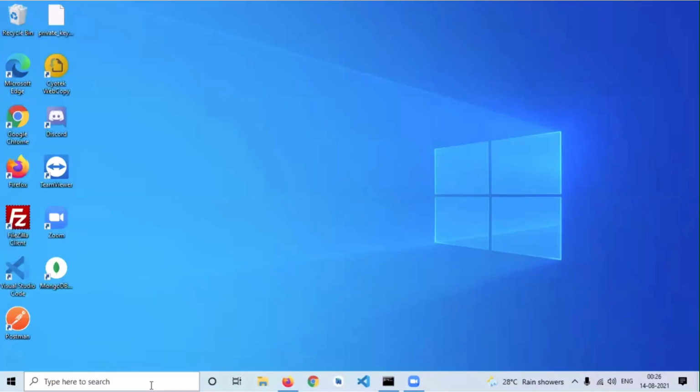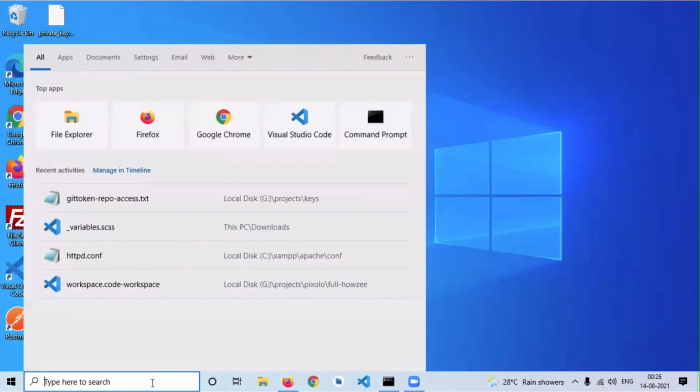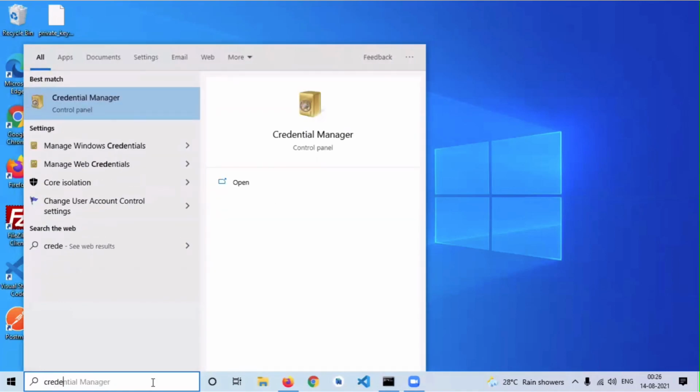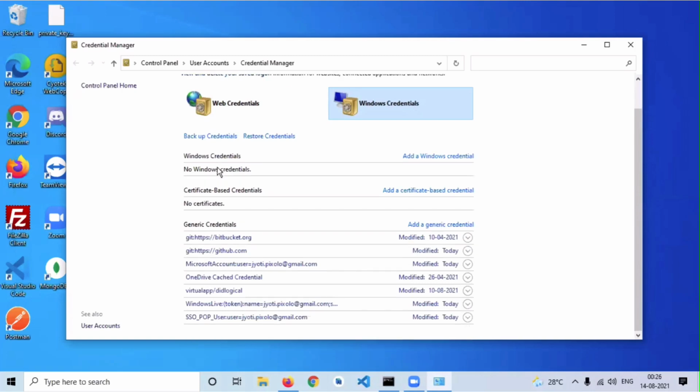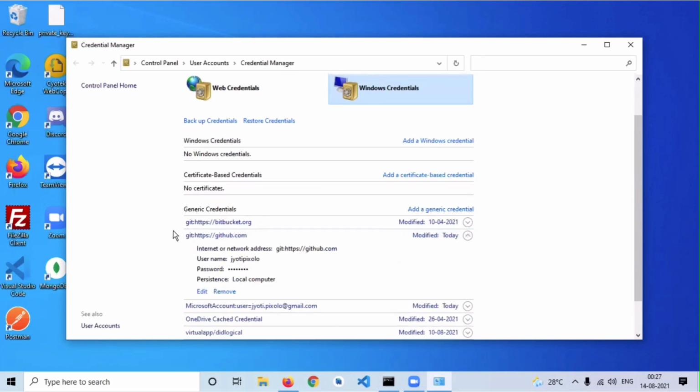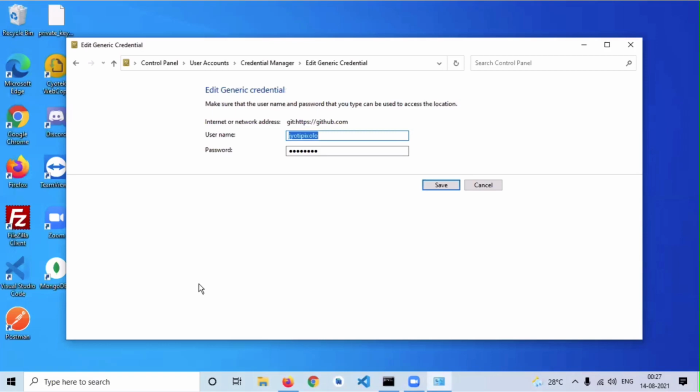So now on Windows, the procedure is pretty much the same. Once you've created the access tokens and stuff, all you need to do is go to start, type in credentials manager, and open this. Now you go to Windows credentials, and again look for github.com. There you go, just open the arrow, and now we need to edit the password field that we have. So basically what we want to do is change the password that Windows credentials has with the new access token that we just got. So I'm just going to edit this.